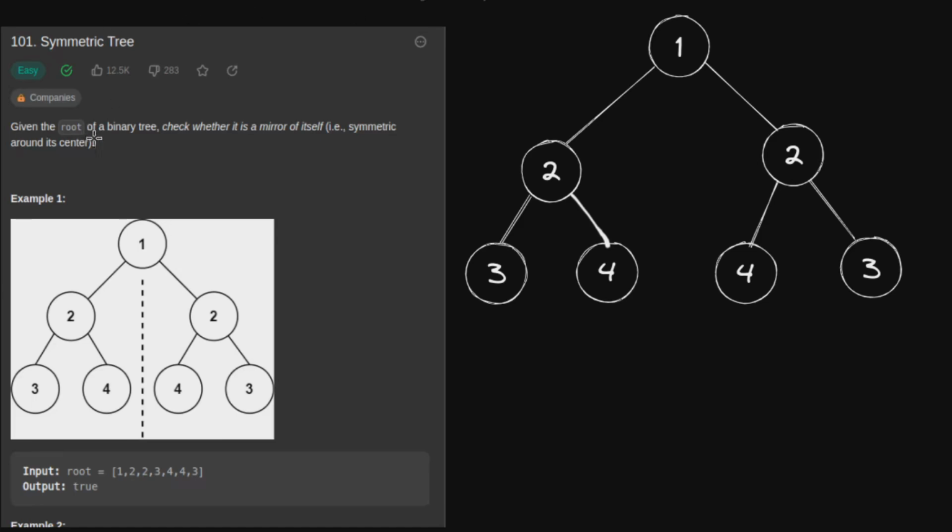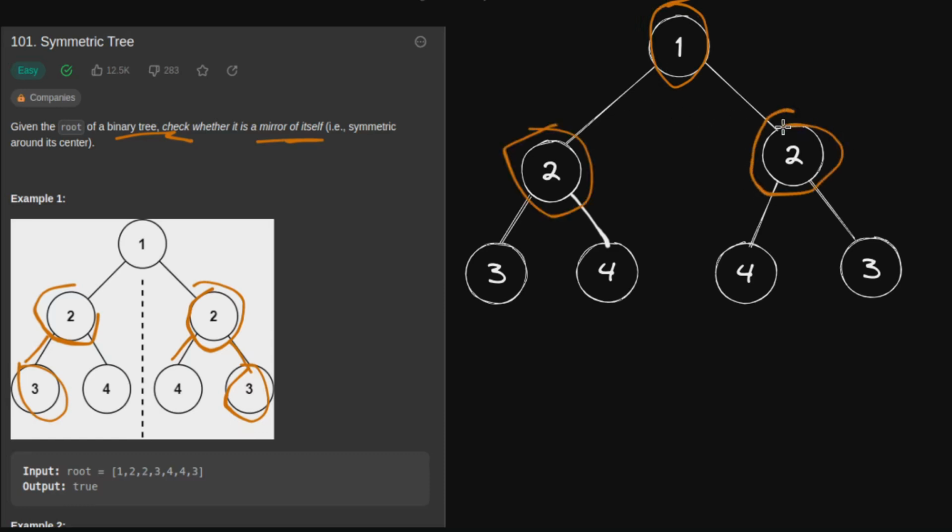We are given the root of a binary tree and our task is to check if it is a mirror of itself. We can say from the example given that for a tree to be a mirror of itself, the left node of the tree must be equal to the right node of the tree. When we check for symmetry, the root node will always be symmetrical. However, the immediate left child must also be equal to the right child of the node for the tree to